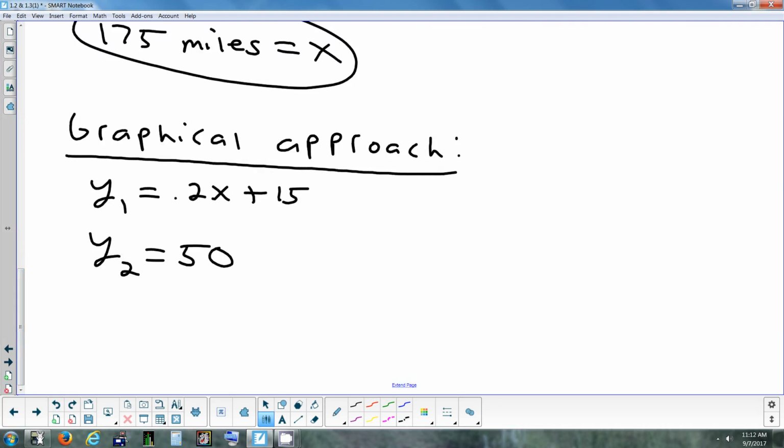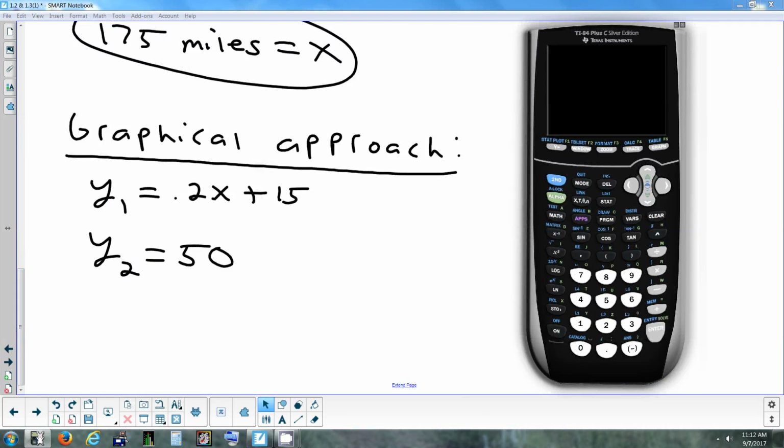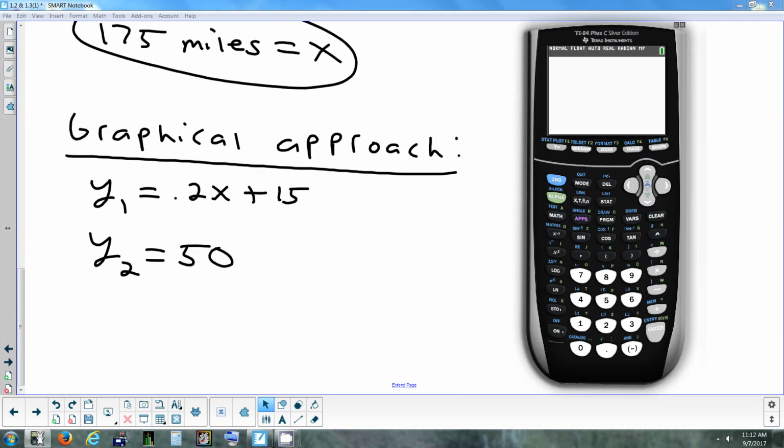So I'm going to graph the equation on one line. I'm going to graph 50 on another line. Then I'm going to look for where those graphs cross. All right, so let's type in 0.2x plus 15. Type in 50. And now if I do zoom 6,